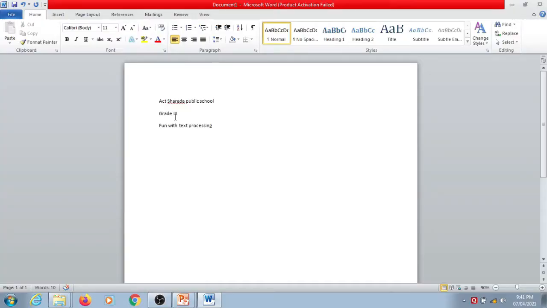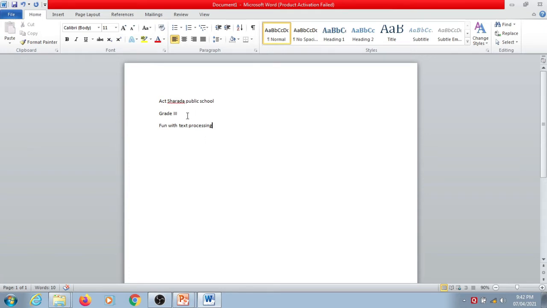Let us see how to change the font type or font style, font size, applying bold, italic, underline effect to the text. The characters of a specific size and design used for typing the text are called fonts.